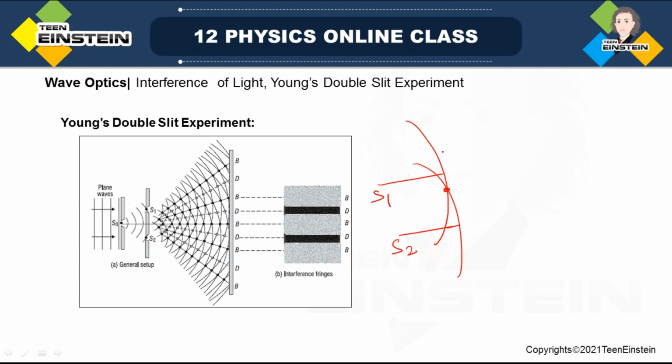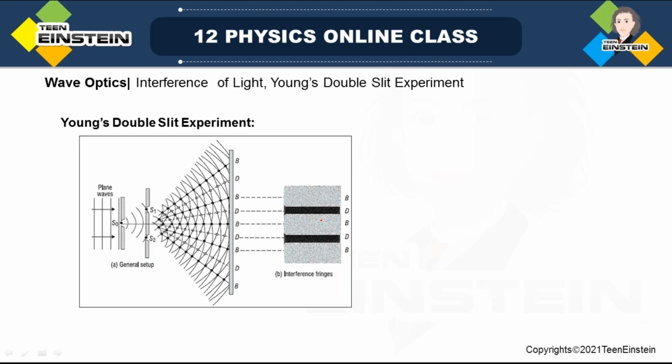They will interfere. Okay. If they interfere in phase, then what do you see? You see a bright fringe or bright band like this. This has been taken as dark. This is bright. You can see that bright band. And in some places this overlap of the waves coming from S1 and S2, or superposition, will happen out of phase. When out of phase, then the dark fringes will be created like this. So this is how the experiment was,